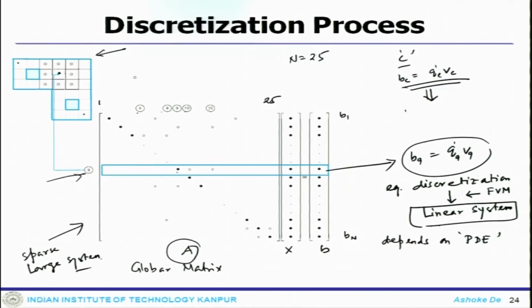Here the example that we have taken is n equal to 25. Now, when you talk about a large-scale problem, like a problem around an automobile or an aircraft structure, think about what kind of n, the number of elements, is required to represent that particular system. Once n becomes large, the solution of this system becomes a challenge.